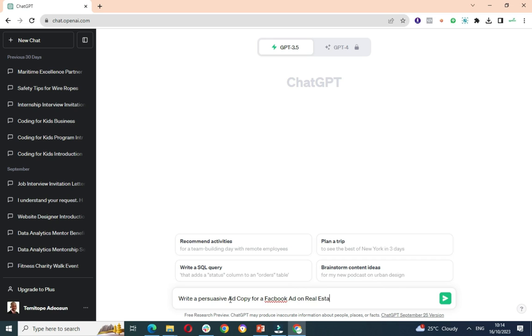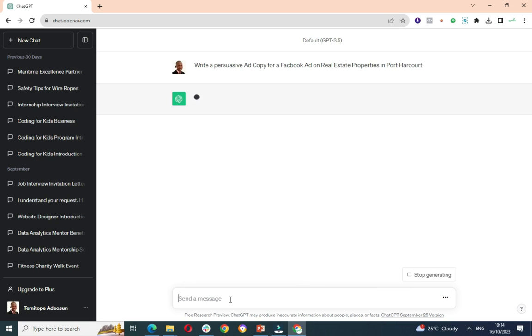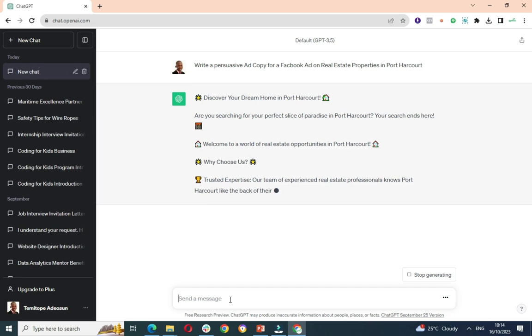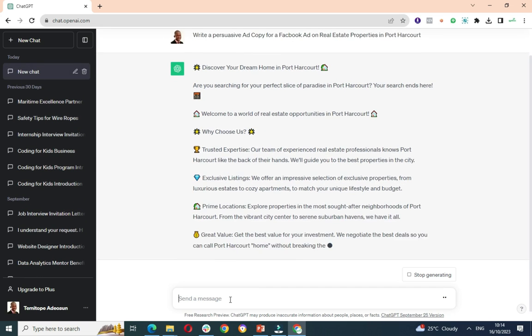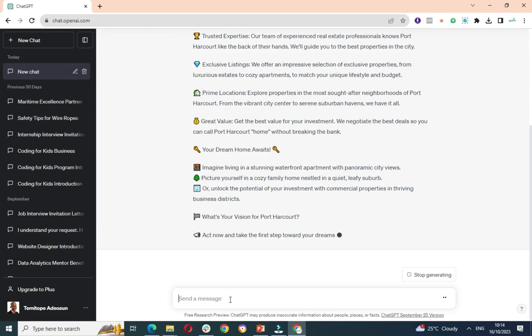It could be anything that you are selling. Real estate properties in Port Harcourt. I'll just click enter, and ChatGPT is going to write a persuasive